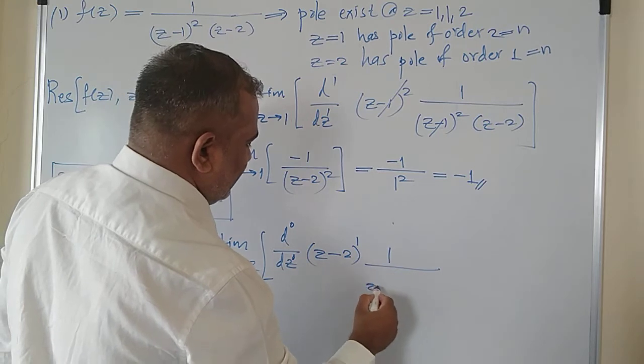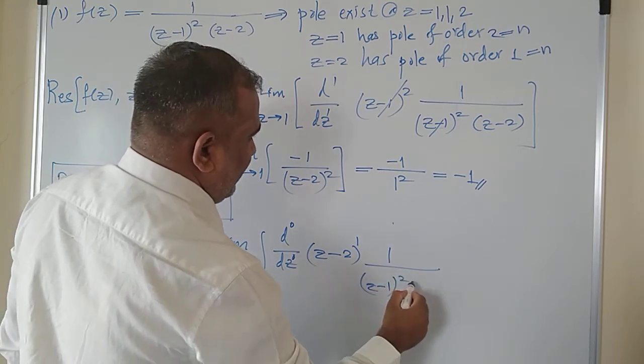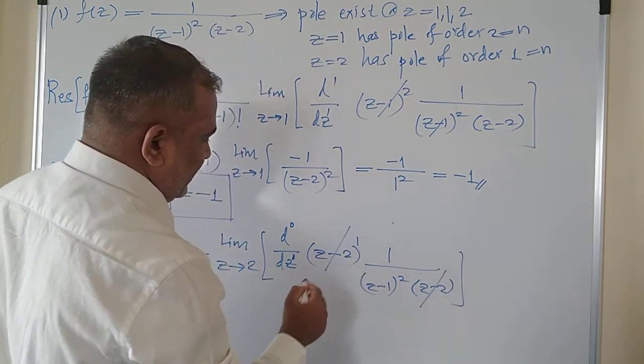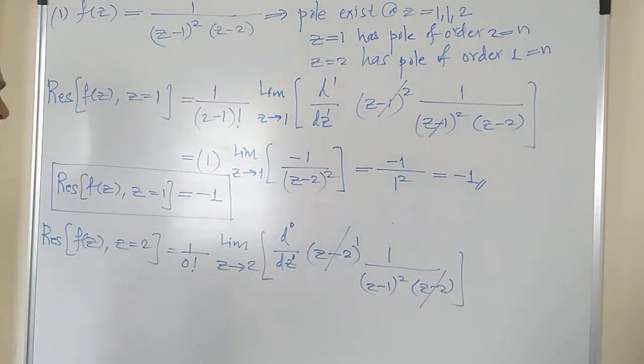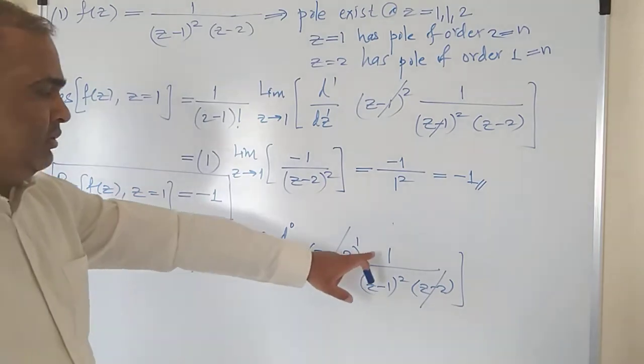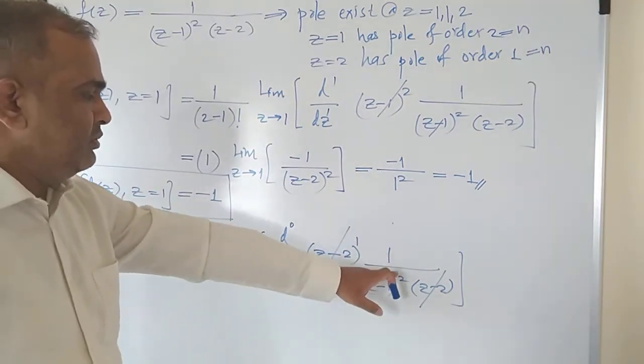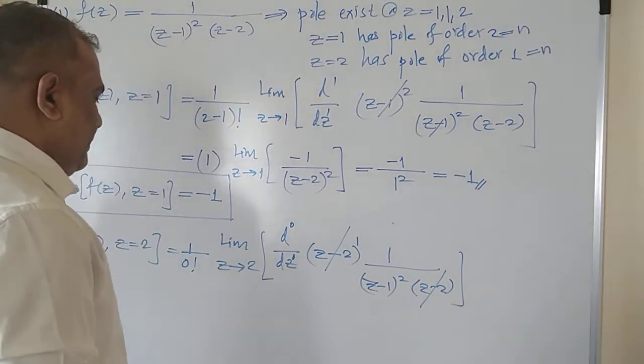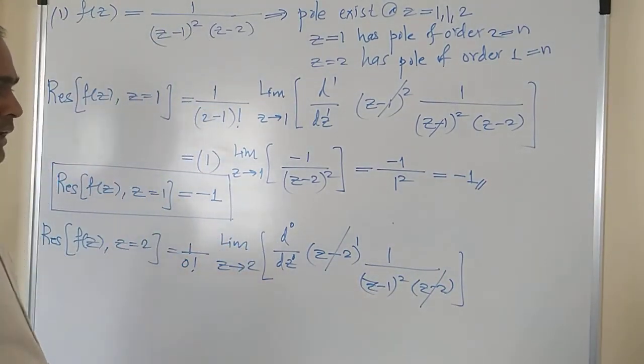F of z is z minus 1 square into z minus 2. Now this z minus 2 cancels with the z minus 2, and 0th derivative, that means no derivative, the function 1 upon z minus 1 raised to 2 will be as it is, right? Got it? 1 upon 0 factorial, and